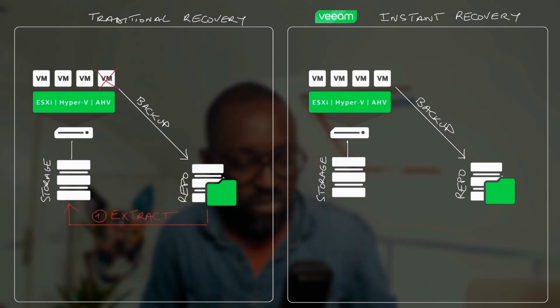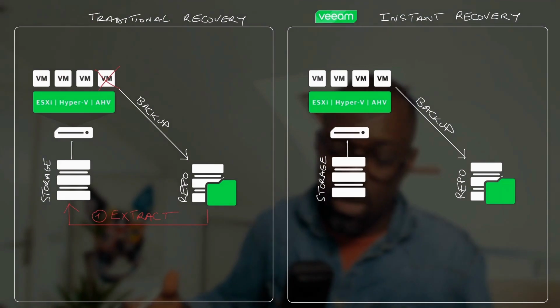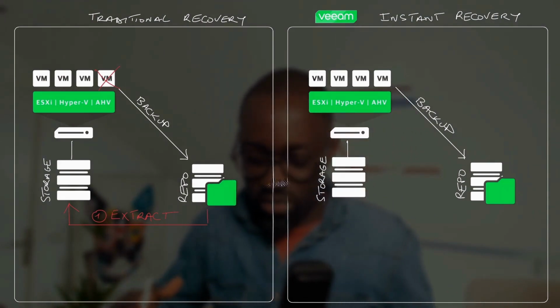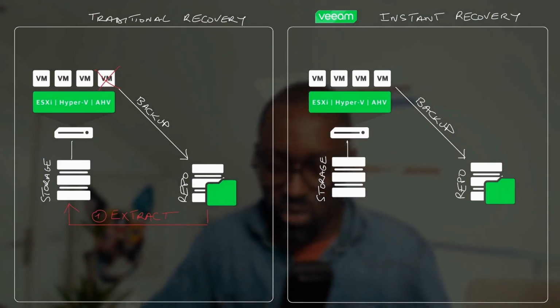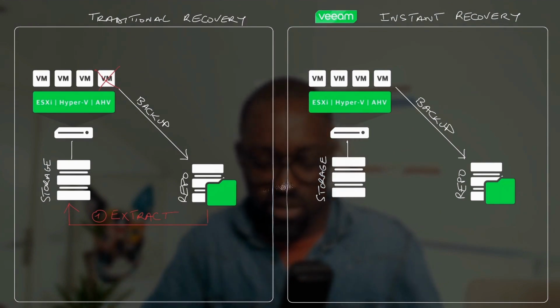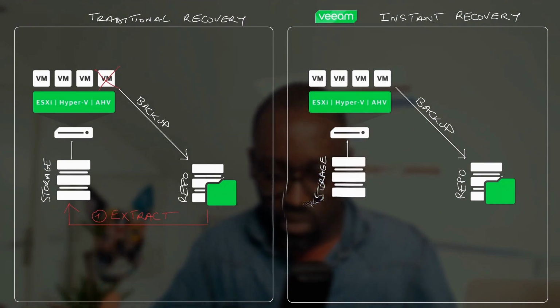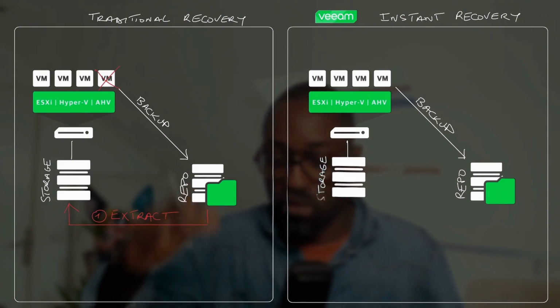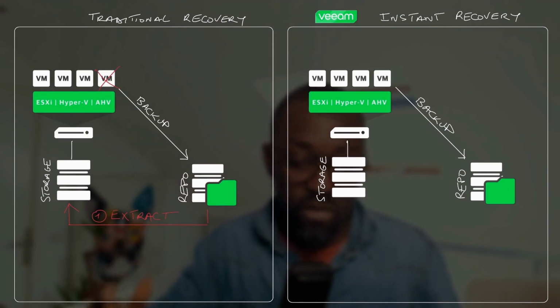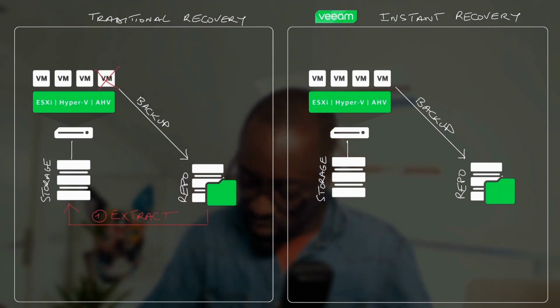So, if you have a virtual machine of 10 or 20 terabytes, for example, the restoration time, and therefore the duration of unavailability of this VM, is several hours in environments with adequate bandwidth, and potentially several days if the bandwidth is very low. And so once step 1 is completed, the final step, or step 2, is the